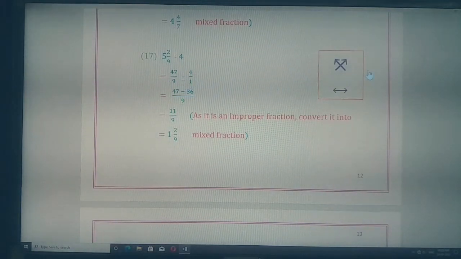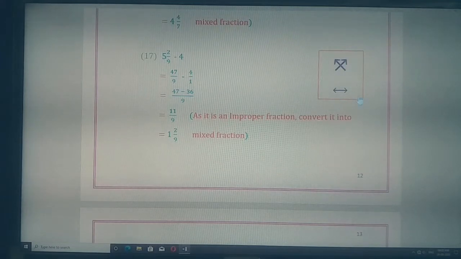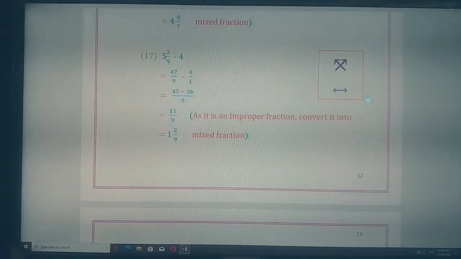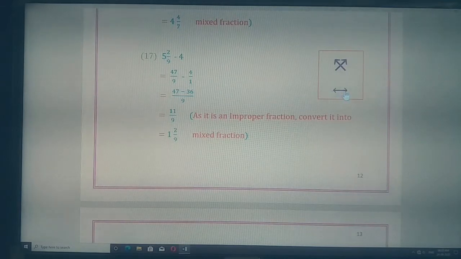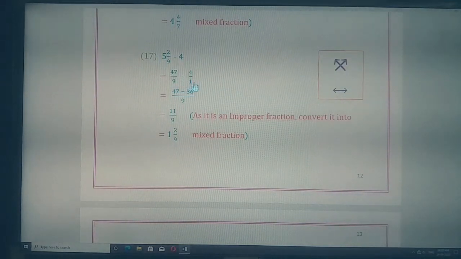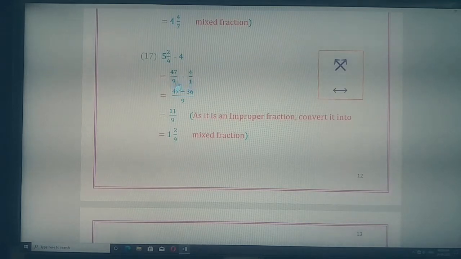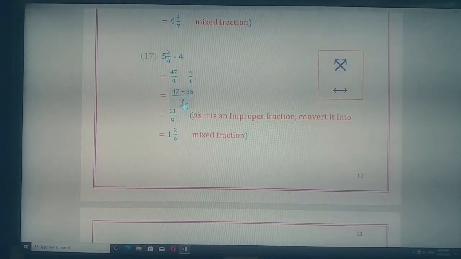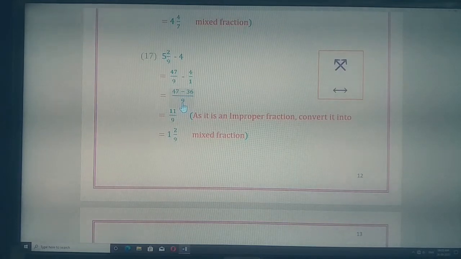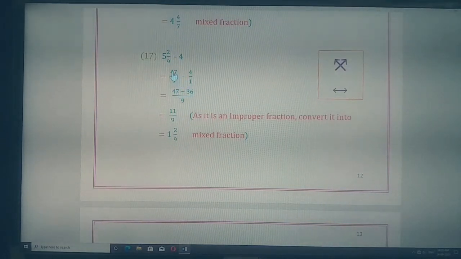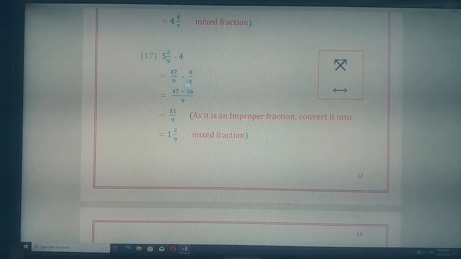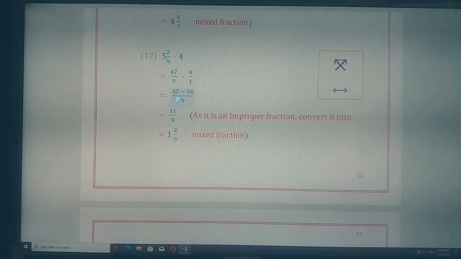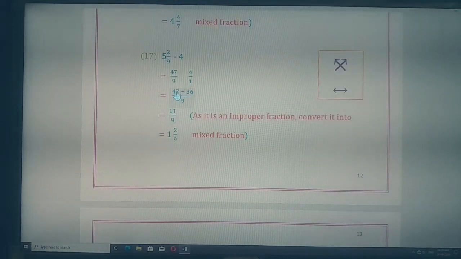The cross multiply method is a faster method. This pattern we have to remember in the cross multiply method. The left diagonal is multiplied, the right diagonal is multiplied, but first of all the denominators are multiplied with each other. Here the denominators 9 and 1 should be multiplied first with each other. 9 ones are 9, and 9 is written in the denominator in the next step. And then we have to multiply the left diagonal. Left diagonal is 47 ones are 47, which we write in the next step in the top left side of the numerator.